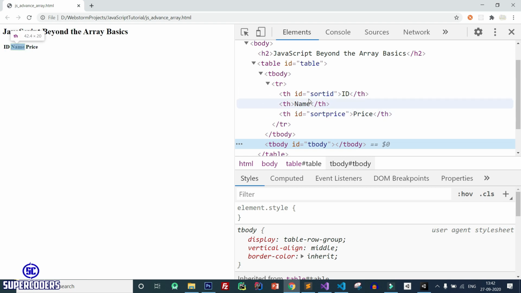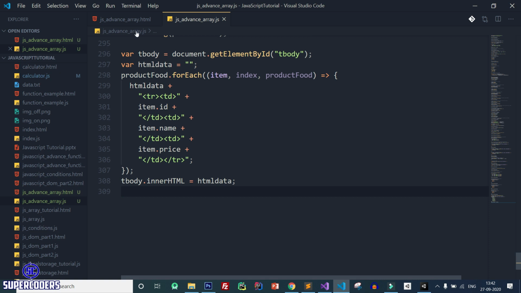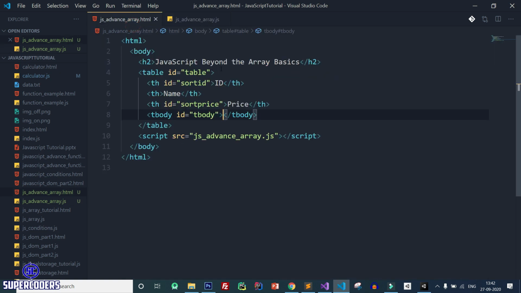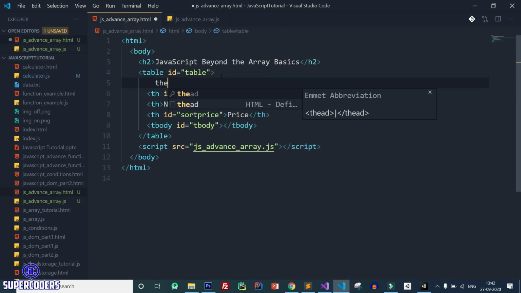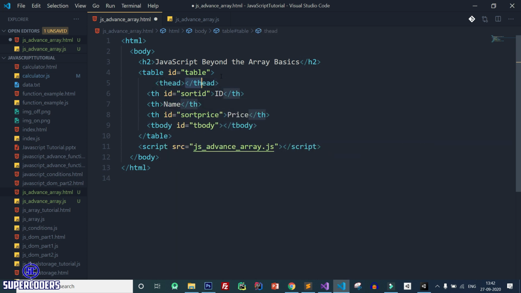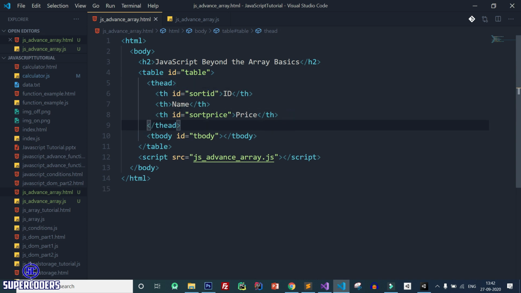So let's see this error. Fix this by adding in T head. So T head, cut it and paste it here. So I separate this in heading and I separate this in body.